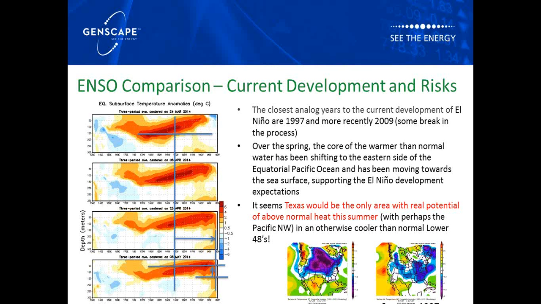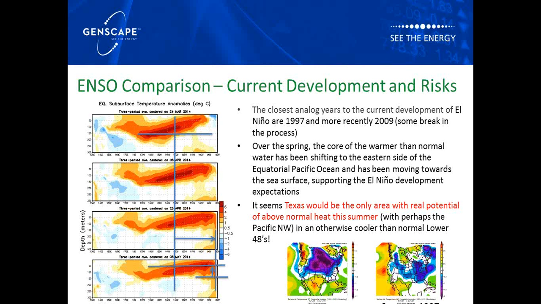So again, with the ENSO comparison, the graphs on the right are taken over the previous 3 months in 3-week periods of the water temperatures in the equatorial Pacific. What these are essentially showing is that the warm water area has shifted eastward towards the Chilean, Peruvian coasts, as well as increased in elevation from further below sea level to essentially just at sea level, which pretty much indicates the weak El Nino effect.